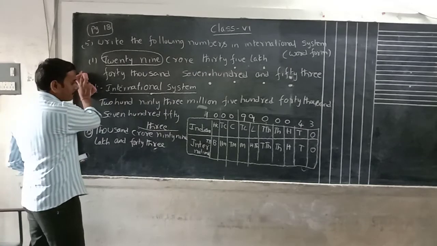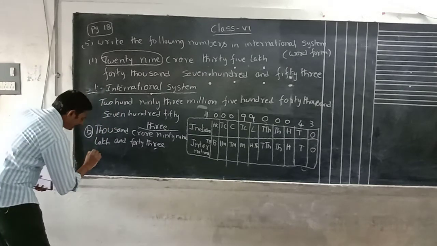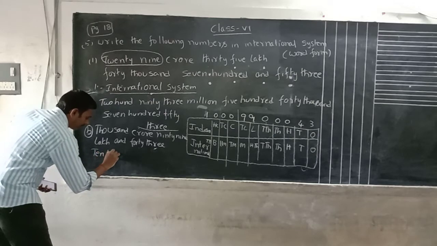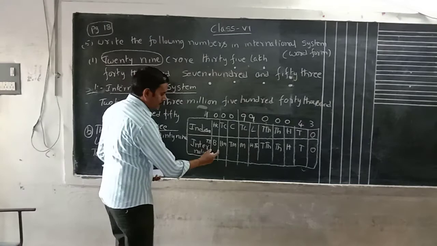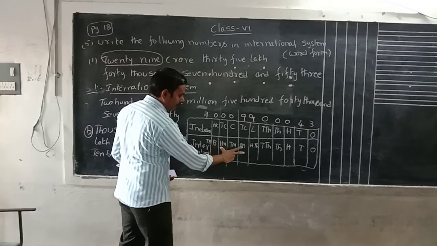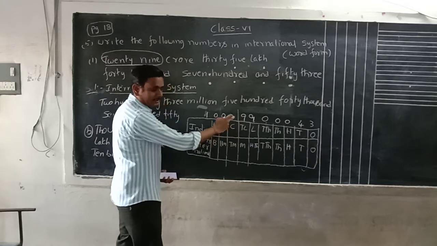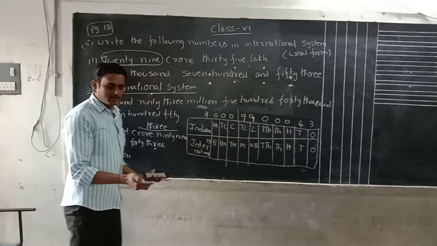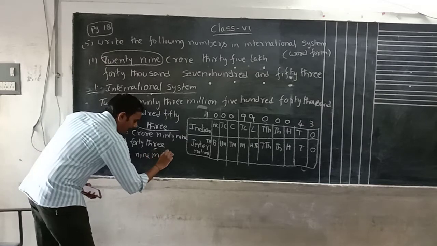That one you have to write in words. What are the words here? 10 billion. In 100 crores, in the million place, what is the number? In the million place, 9 only. 0, 0, 9 means 9 only. 9 million.